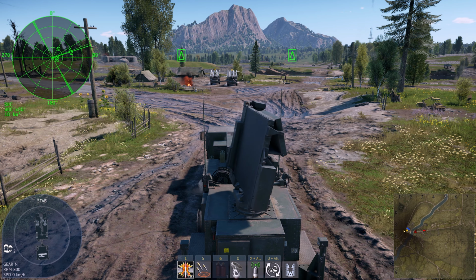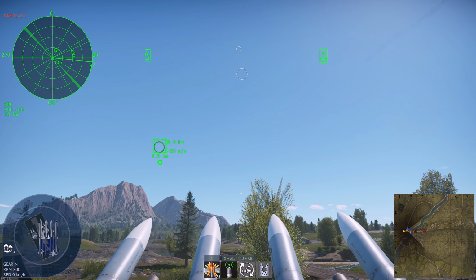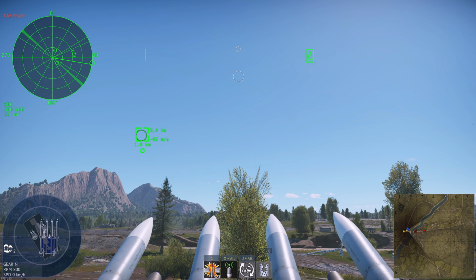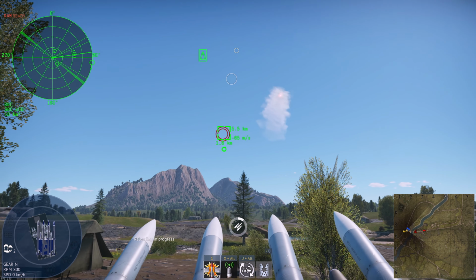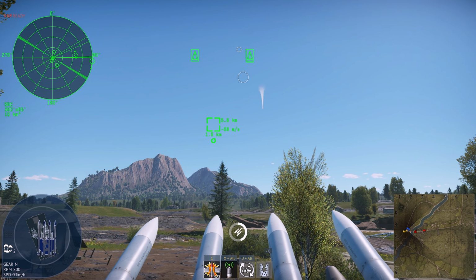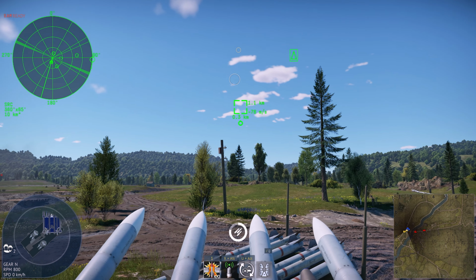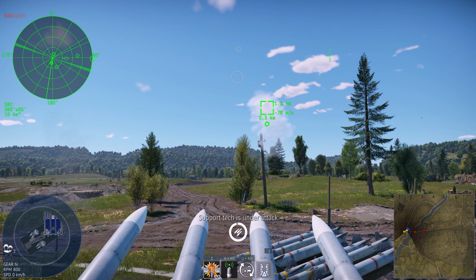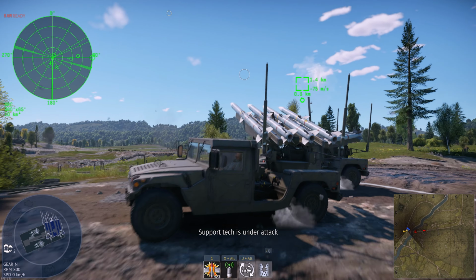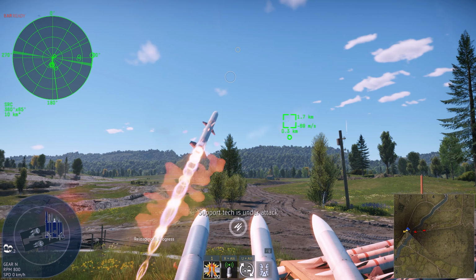Let's switch back to the Humvees. We are reloaded back in. Let's try this again. Let's launch the AIM-9X. As far as I know, they're still bugged and work in progress, so they don't work. That's the AIM-9X. Yeah, it's just a dumbfire rocket for now. Let's try it again. No, it doesn't work. As for the AIM-120C,